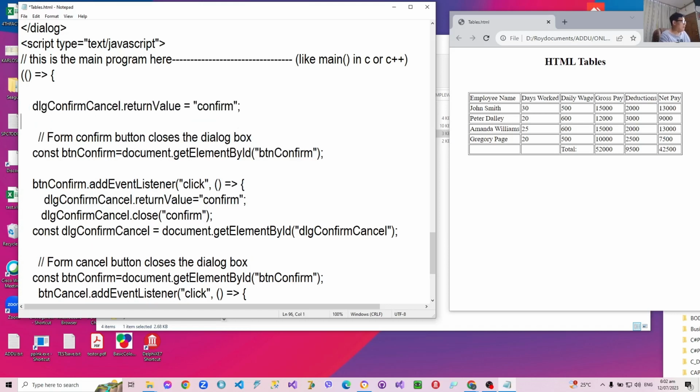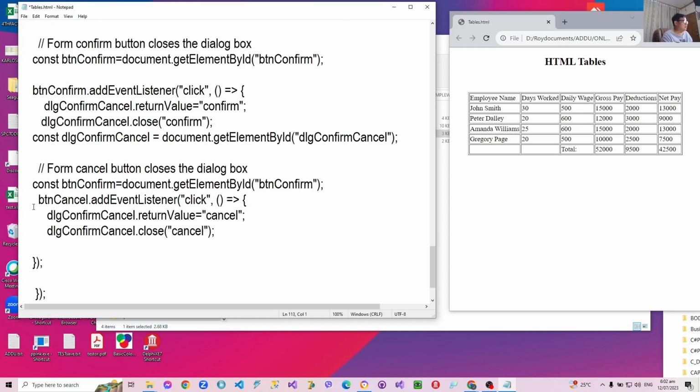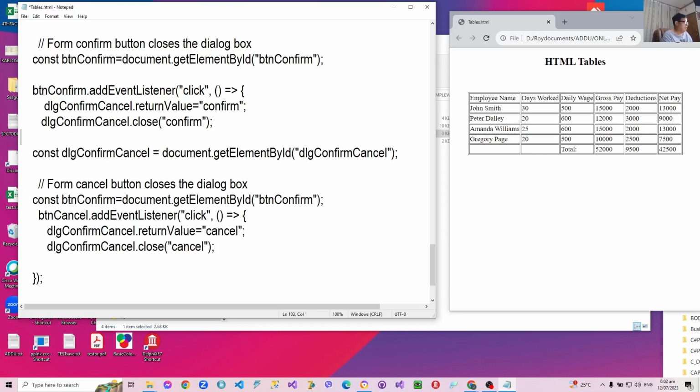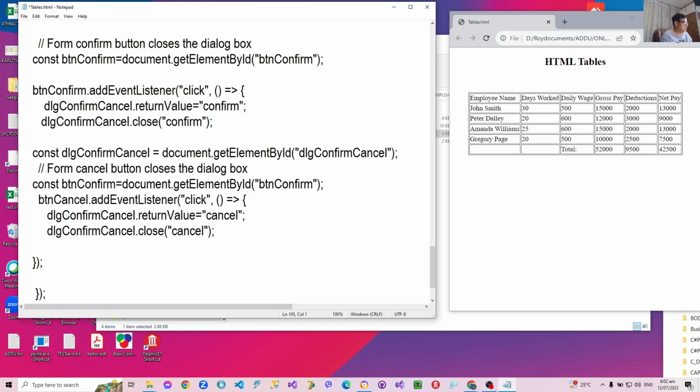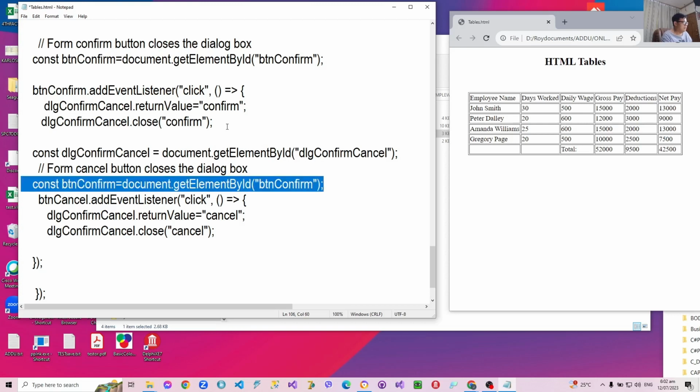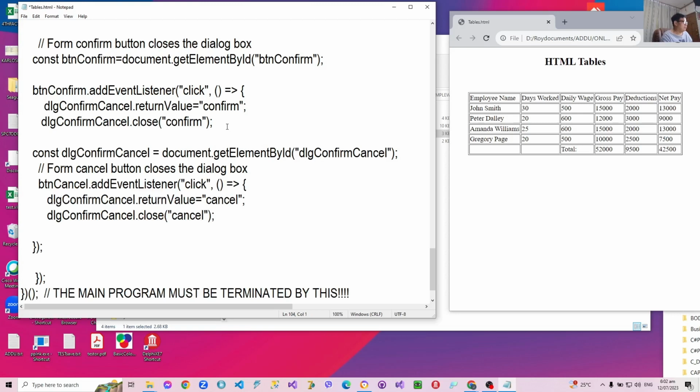Now I have initialized the return value of the dialog confirm cancel to confirm, and then we have the event listener for the confirm button, and then we'll have the event listener for the cancel button. Is this correct? Yes. This now is the event listener. We're saying const dialog confirm cancel,